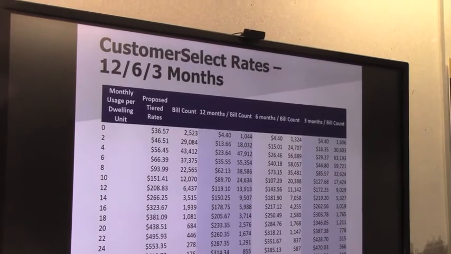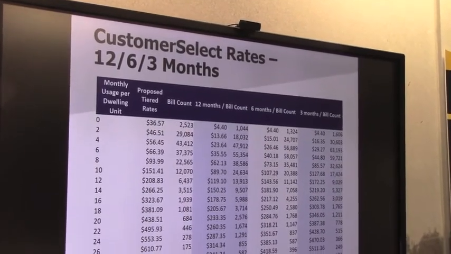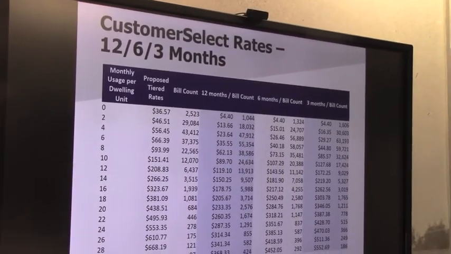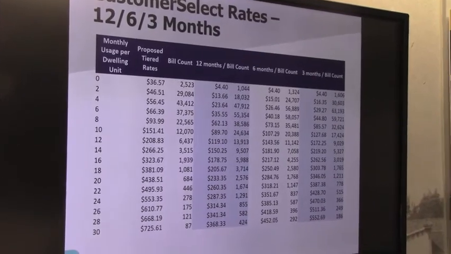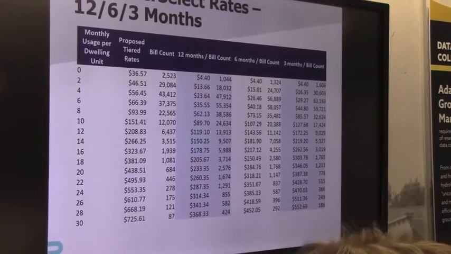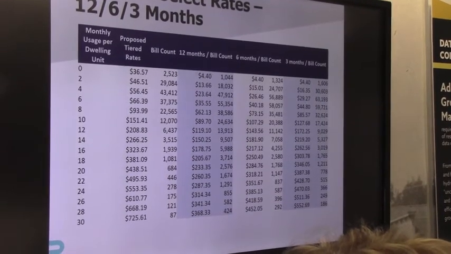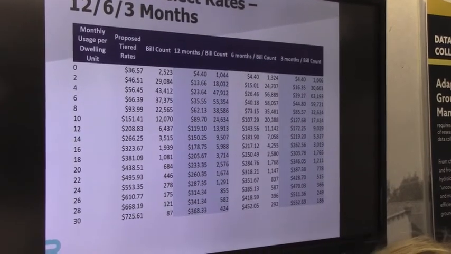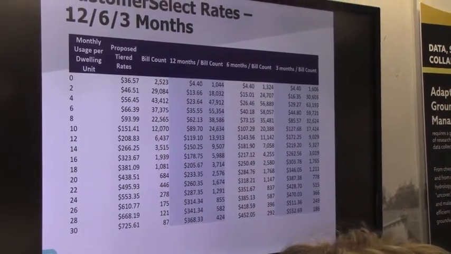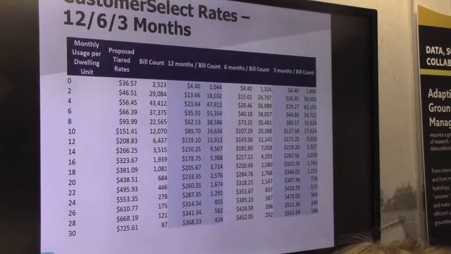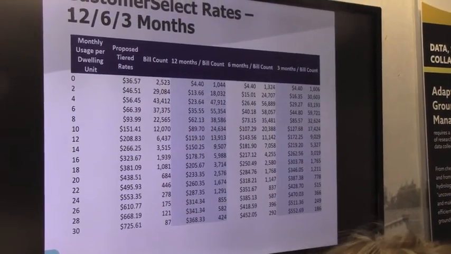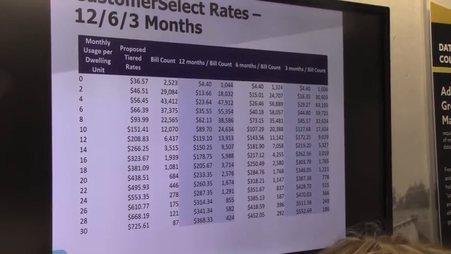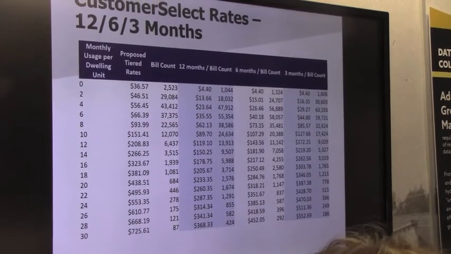I mean, it should be maybe $50 for that meter. That's the thing, and it's fixed cost. I think when we were talking about CustomerSelect in the theoretical, without seeing what the rates would be, you make certain assumptions on what that would look like. And now that you see what the rates look like, then you're thinking, okay, is it fair and equitable for somebody who can get water service, who has access to the system, but maybe doesn't use it very much? Particularly when most of the costs are fixed.